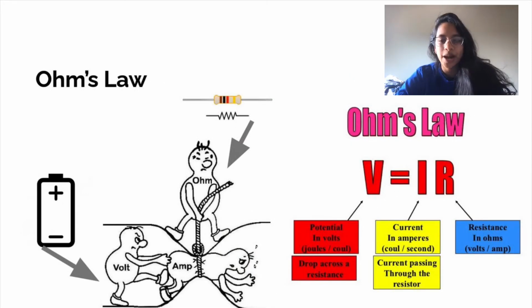Hey everyone, now we're going to be discussing the most fundamental law in electrical engineering, which is called Ohm's Law. And Ohm's Law essentially dictates the relationship between the voltage of a circuit, the current of a circuit, and the resistance. So let's look through each of these different quantities and try to understand what they mean. So the